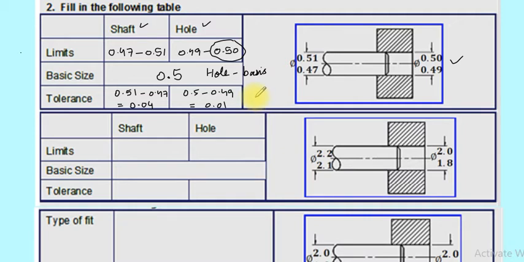You can also calculate the minimum and maximum clearance or interference from this data given. So in some of the following problems it will be asked of you. So for practice you can also already calculate even for this problem what will be the clearance or interference values, right? Minimum or maximum, and based on that you can also decide or infer the type of fit.